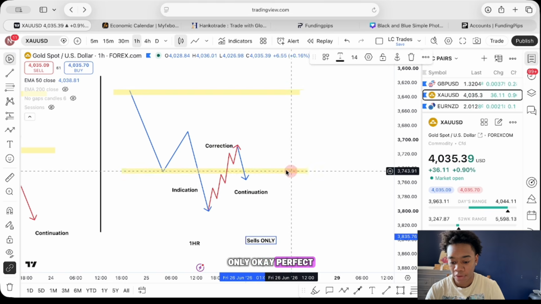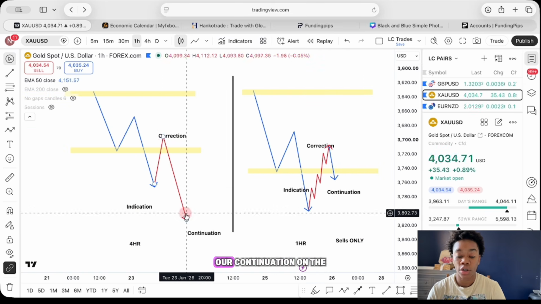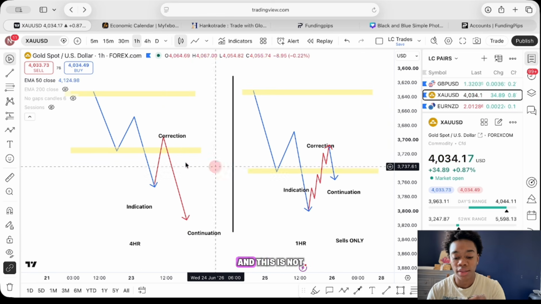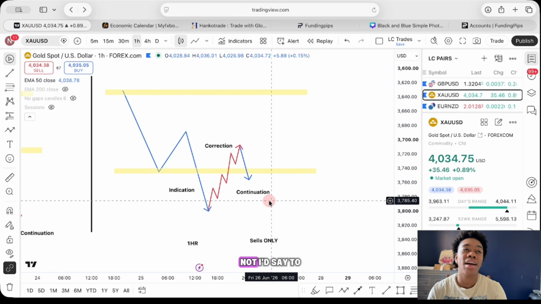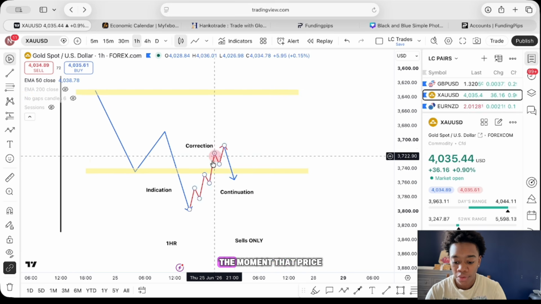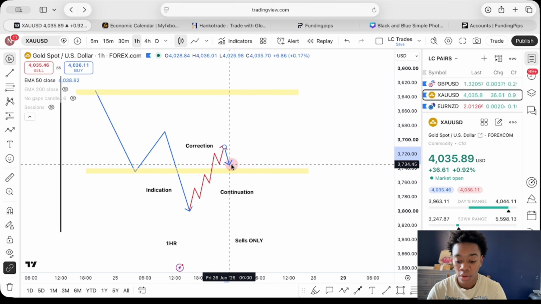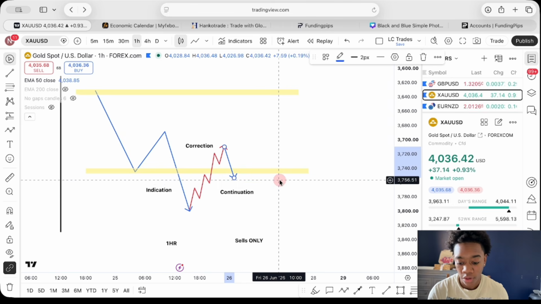only. Okay, perfect. So it's going to be the same thing, right? We have our indication, we have our correction, our continuation on the 4 hour. But before we have to wait to get to this continuation point. And this is not our entry on the 4 hour. We scale down to the 1 hour, the 30 minutes, I'd say to keep it safe, the 1 hour. I'll make a video about the 15 and 30 minute, but to keep it safe, the 1 hour. So the moment that price breaks this higher low and continues down and closes underneath your swing low, get into